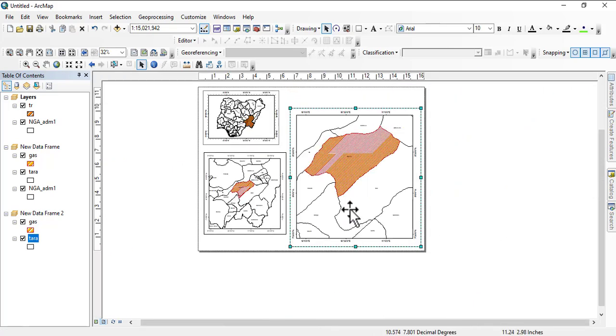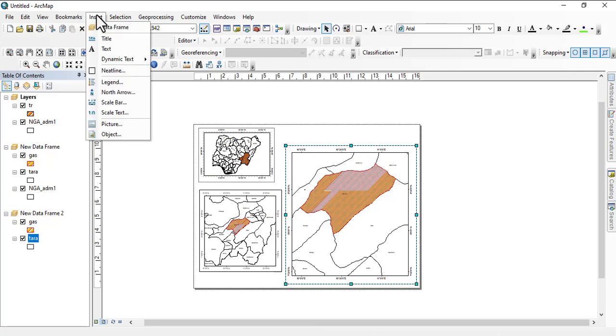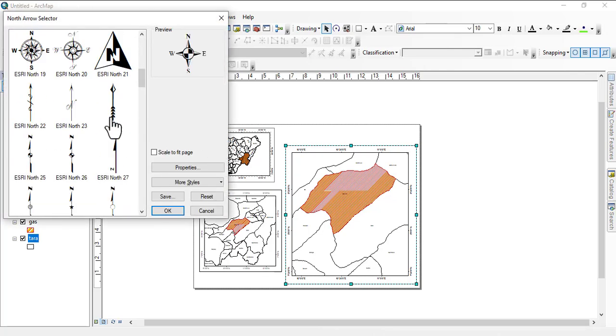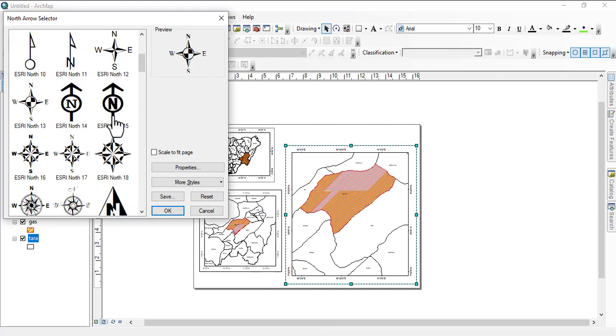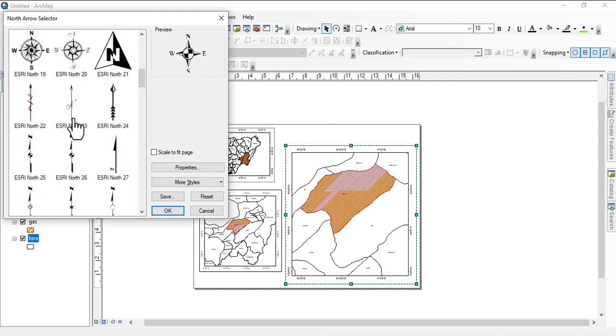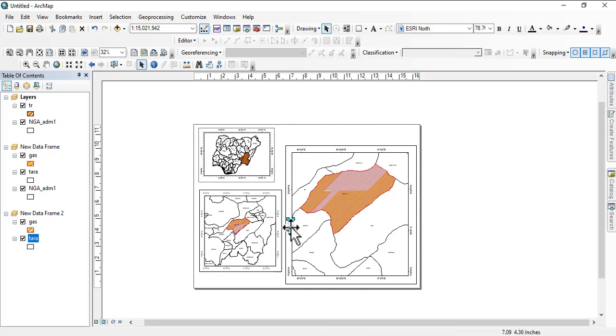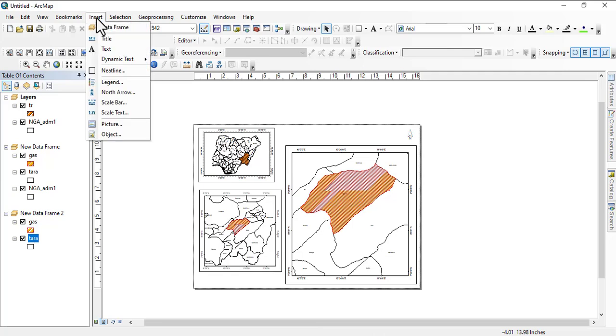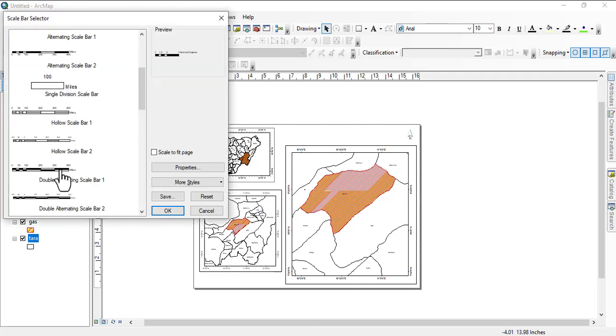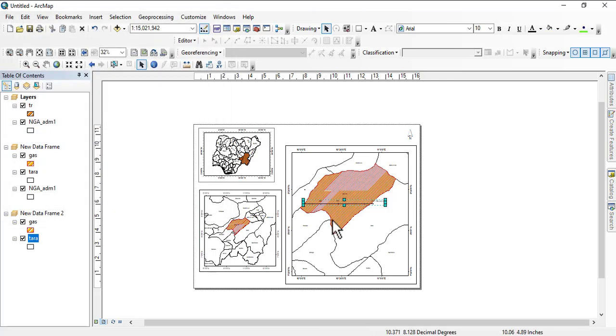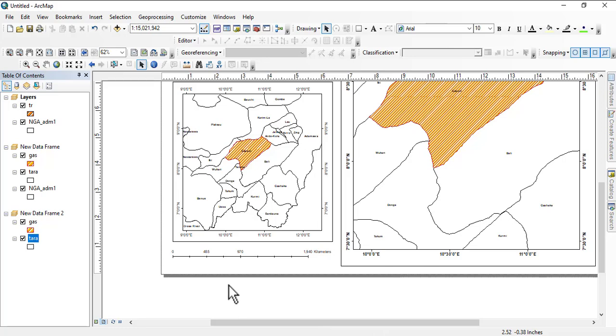So let's bring out our north arrow. We can also keep some details here like the scale bar. Okay. So once we have this,